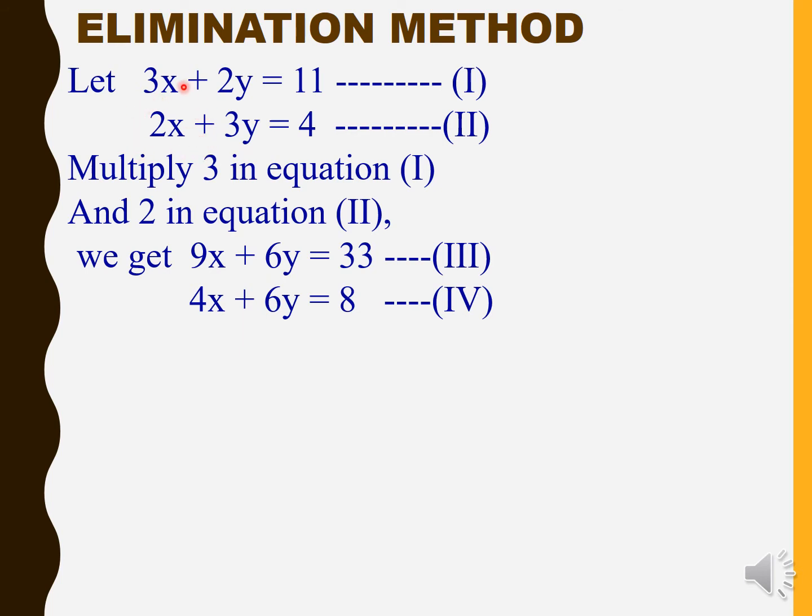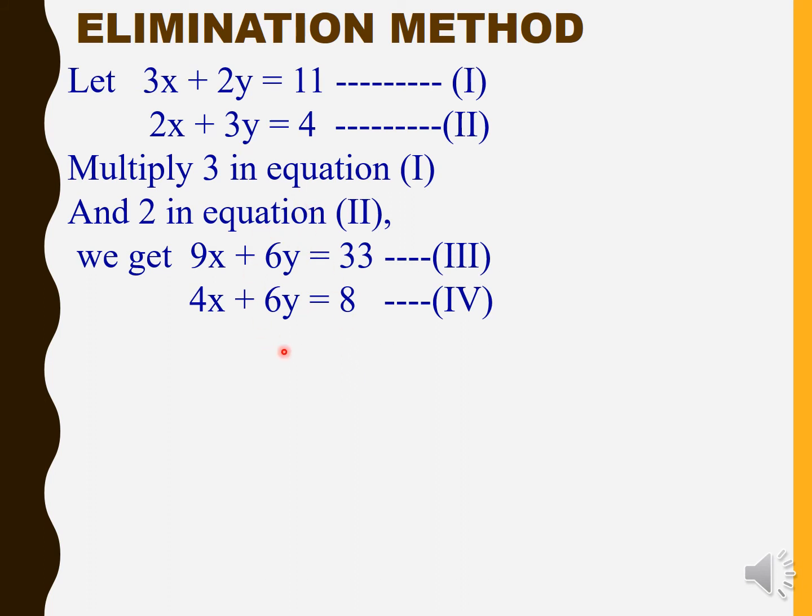So 6x is also a common term that would have been obtained. In that case also we could have subtracted. We can choose any method, but make sure that either of these two variable terms are common, not the constant, because we don't want to eliminate the constant, we want to eliminate one variable. That's why we have chosen, for this case,